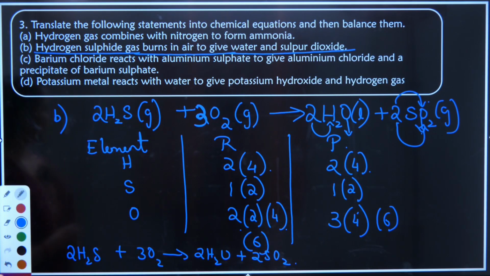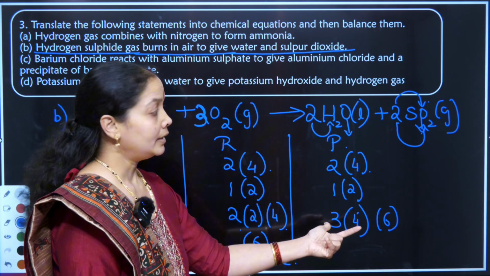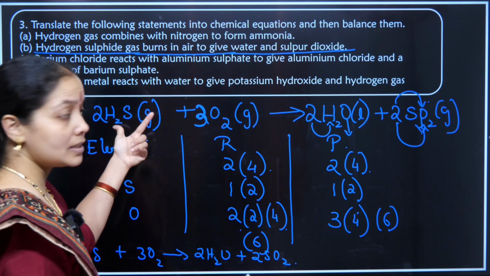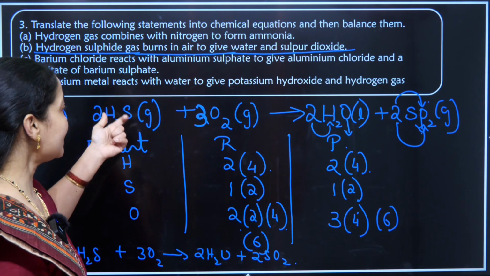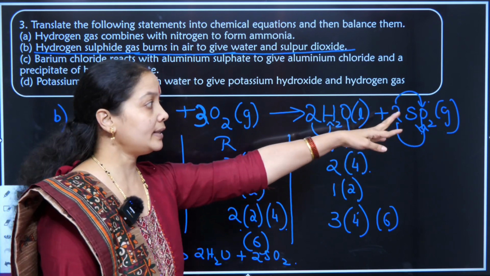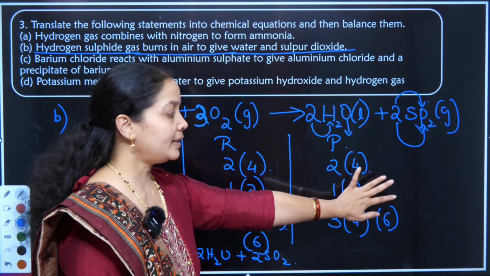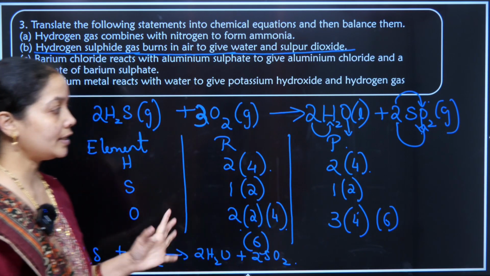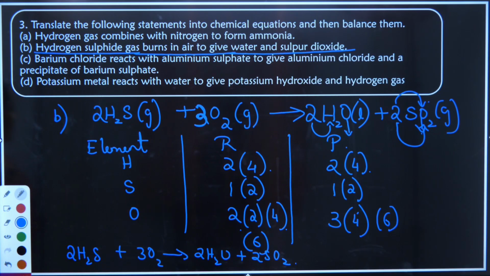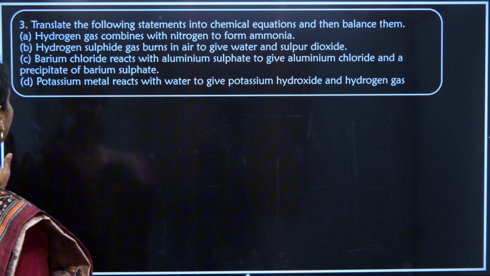A very good and a peculiar reaction in which when I am balancing oxygen initially, the amount of oxygens, hydrogens are getting balanced, but balancing sulfur is changing the count of oxygen everywhere. So again, there is a double time balancing required for oxygen. Keep it in mind, important question, NCERT question. Please practice it in a proper way. Okay, moving to the third question.